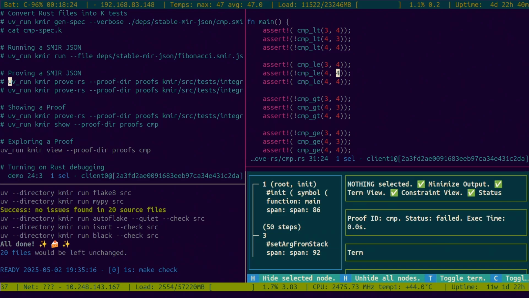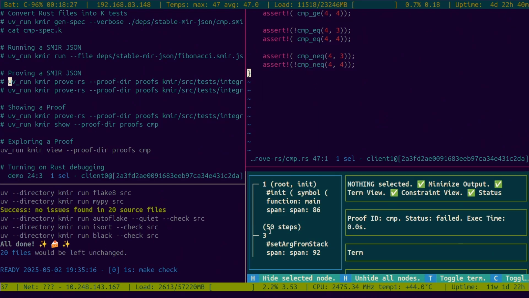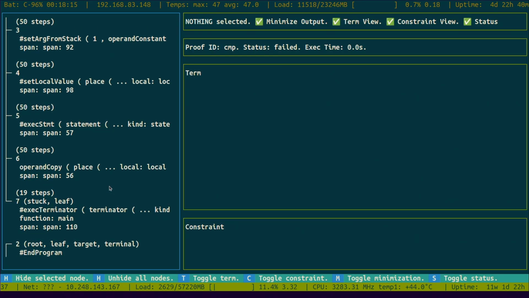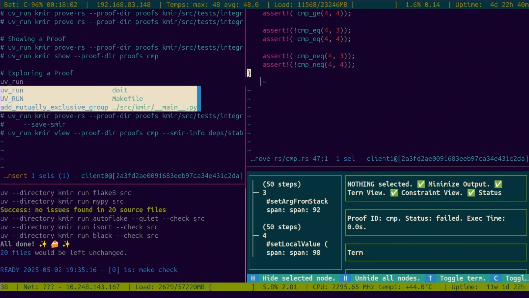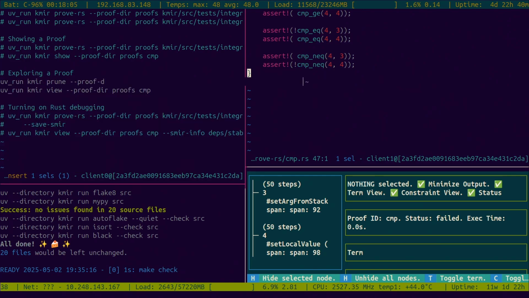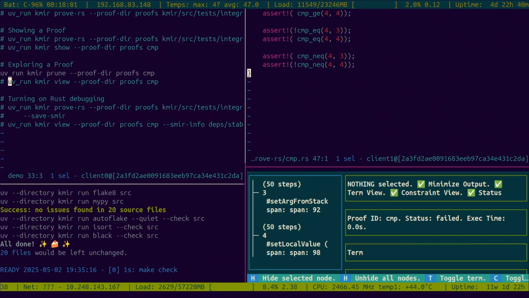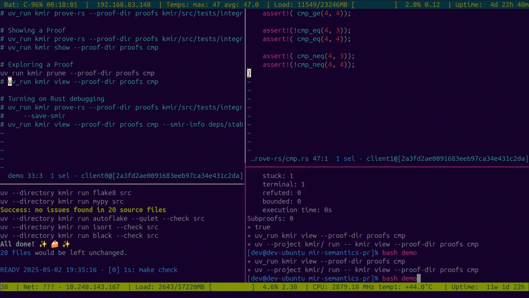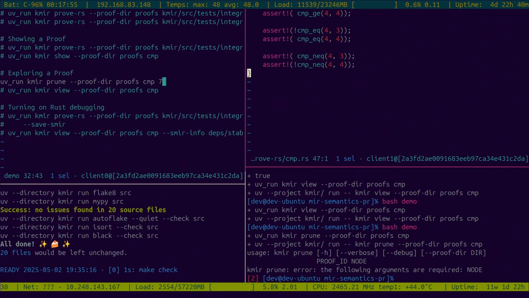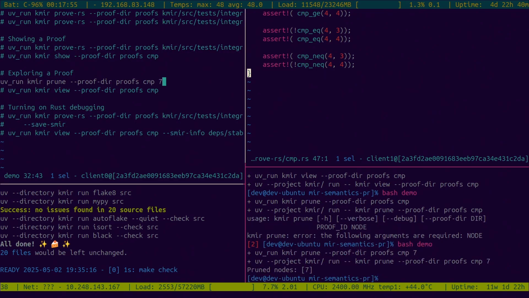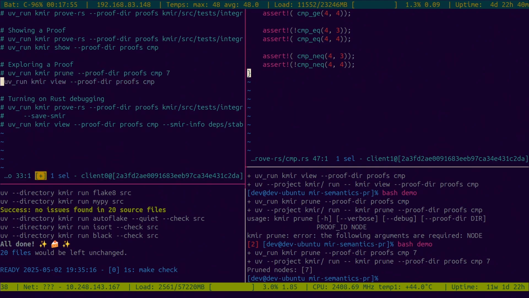Another kind of debugging tool we have here is what's called pruning the proof. We can remove a subtree and then resume again from that subtree. So I'm going to go here and remove the subtree starting at node 7. And I did not try this before, but I always give my best demos doing things I've never tried before. Okay, so it pruned the node, and now if we look at the proof,